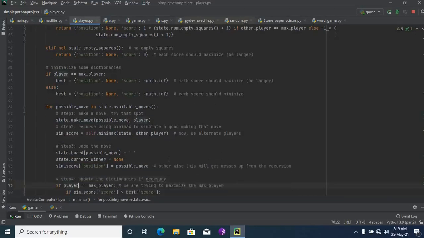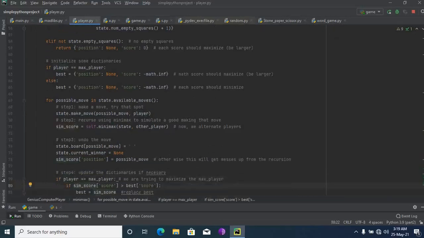Now we alternate players. The next step is to undo the move: state.board[possible_move] equals a blank string, state.current_winner equals None, then sim_score position equals possible_move. Otherwise it will get messed up from the recursion.